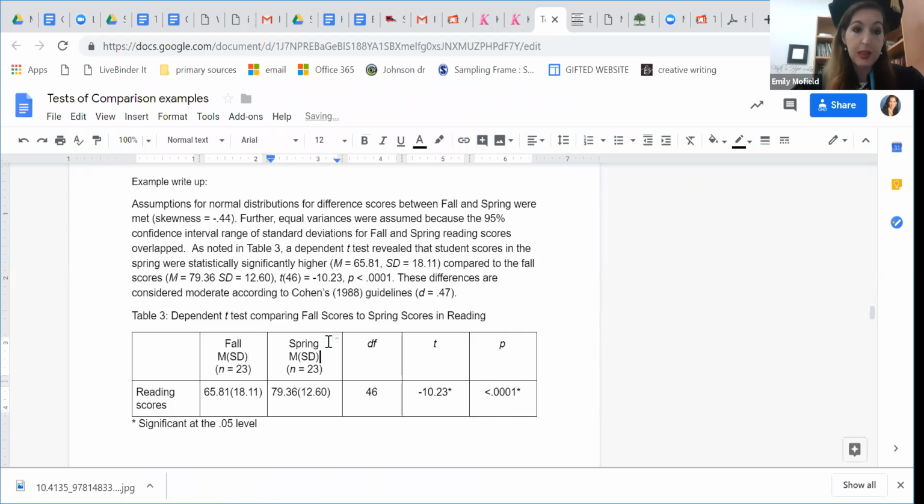And these will need to be in italics because that is what APA wants, okay? So that is a dependent t-test. And actually, I don't think degrees of freedom are italicized. That could be for you to look up, but I don't think it is. The t and the p are definitely italicized. I have this noted with an asterisk because it is indeed statistically significant at the 0.05 level. So that is how you write a